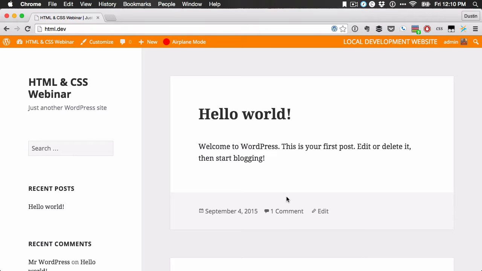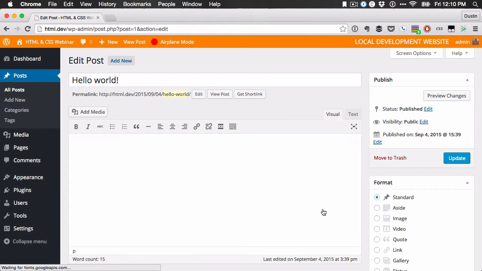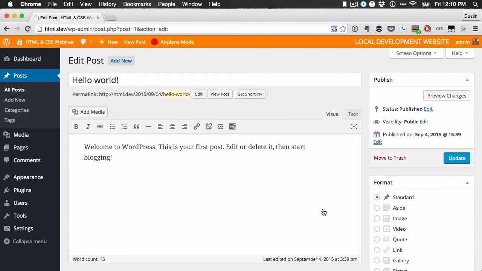So let's go ahead. We're first going to start editing this post. It's the Hello World post. It doesn't matter what post you do. You can do pretty much anything that you need or want. So when you come to WordPress, you're going to get into this visual editor, and this is the text that you're going to see. If I wanted to make WordPress bold, I could hit bold there. If I wanted to make it italics, maybe I could say edit, and I'm going to italicize that and delete it, and we'll do the strikethrough. So this is using the WYSIWYG editor, the visual editor, if you will,